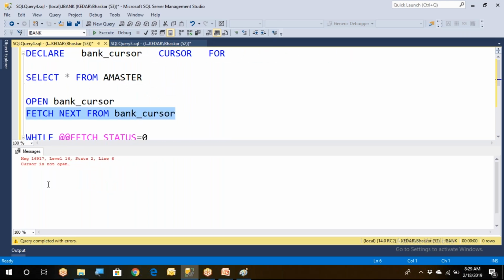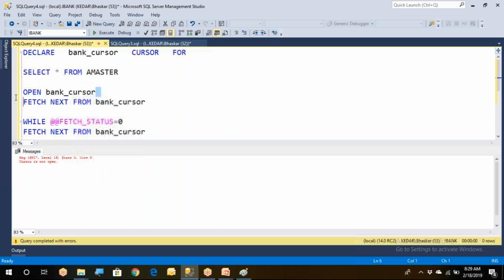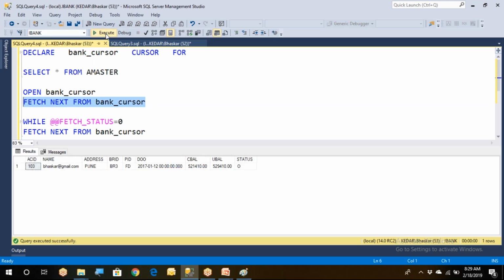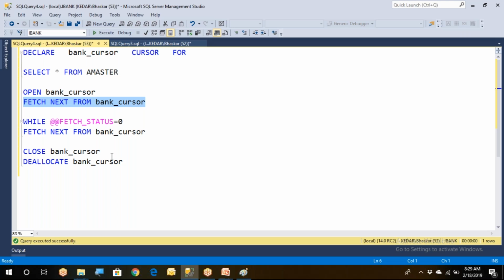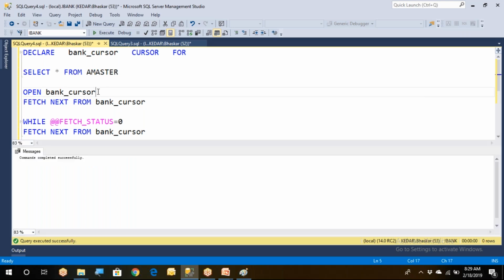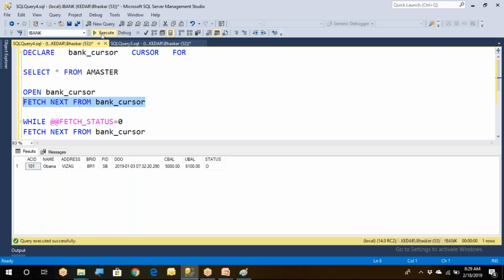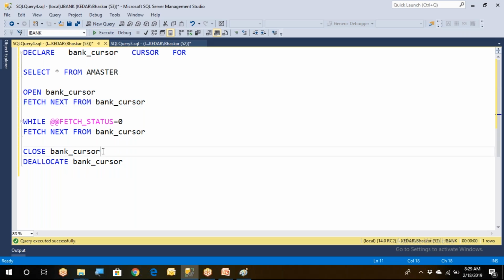Okay. So you can open the cursor. Now again, you're going to be doing fetch next. Okay. So now I am in the fourth row, fifth row, sixth row. But even though I am in the sixth row, when I close it and open it and go, I'll be pointing to the first row only. Okay. So even though you close it, the cursor is still available so that you can open it,